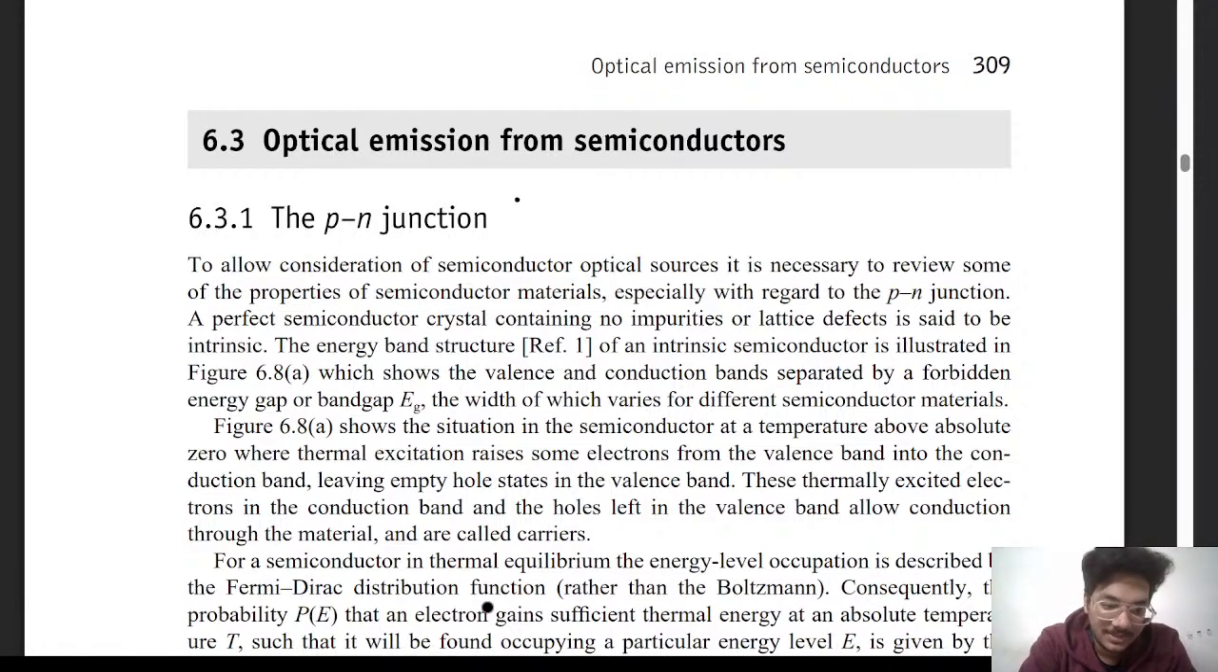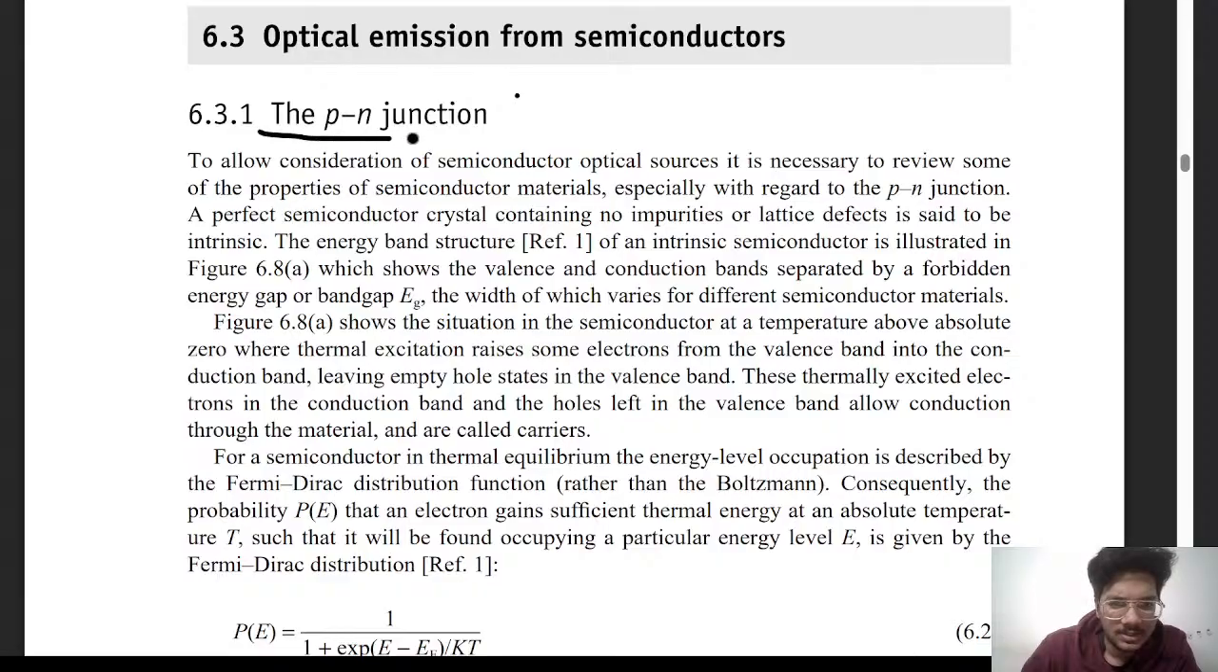We first need the basic physics of the PN junction because light emission originates from electron-hole pair recombination in this junction. So in the PN junction, for optical emission from the semiconductor, first of all we have to understand the